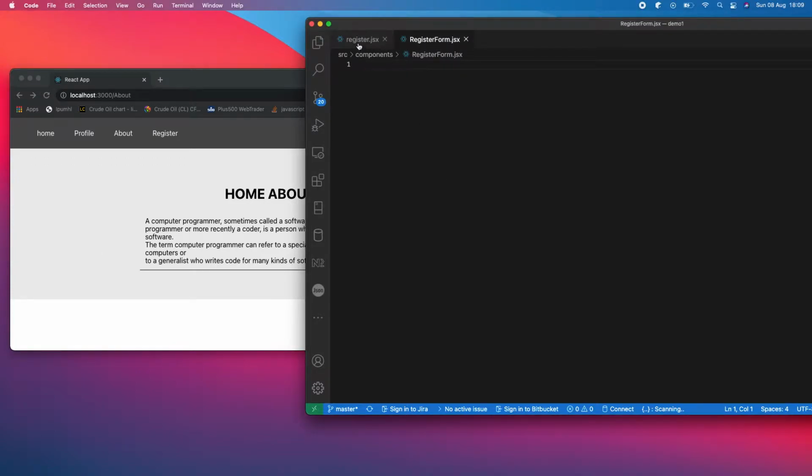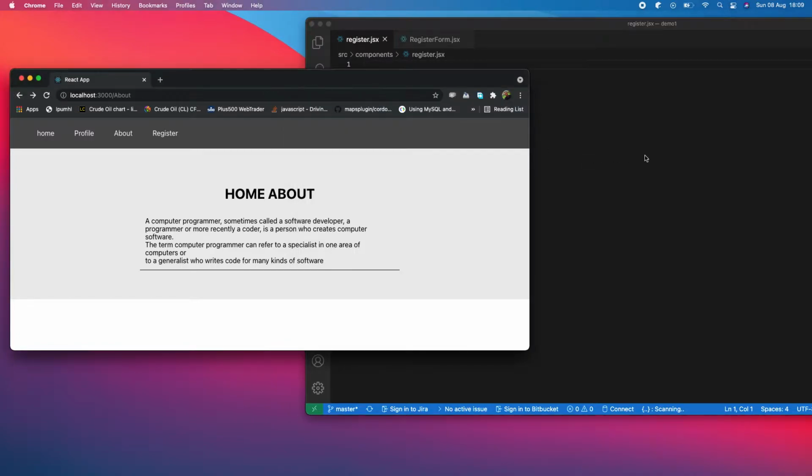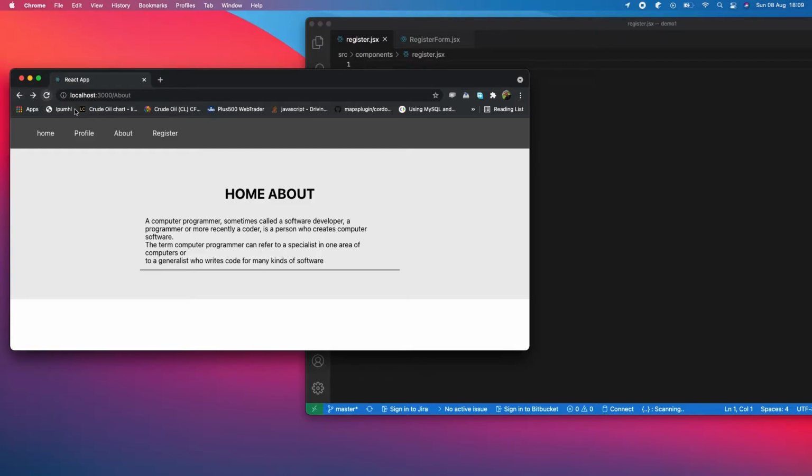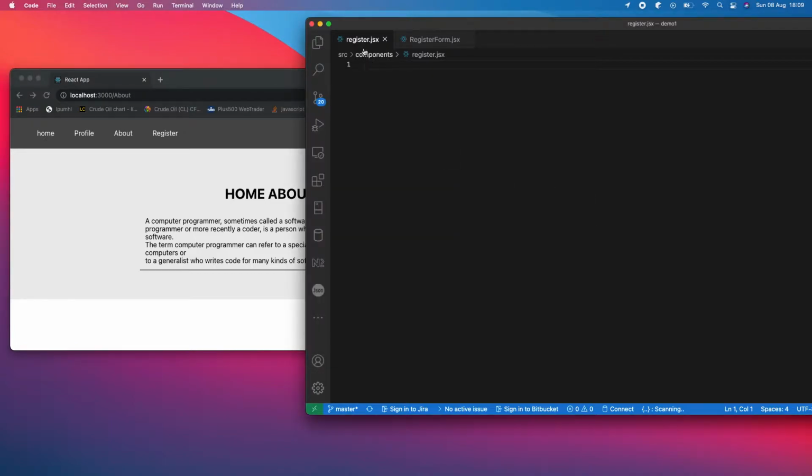Let's continue with what we call form validation. So I went and added a new component here, which is Register, so that we can have our registration form there. This is the empty component. So we're going to have what we call